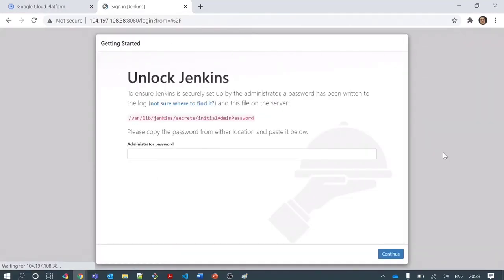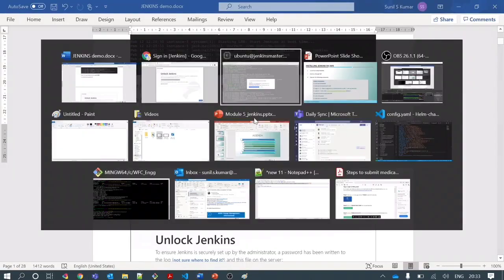Here you can see Jenkins is accessible on port 8080 and the server IP. In order to log into it I need the initial password, and the initial password is placed on the master server at this location. So I can access this file for the initial admin password.